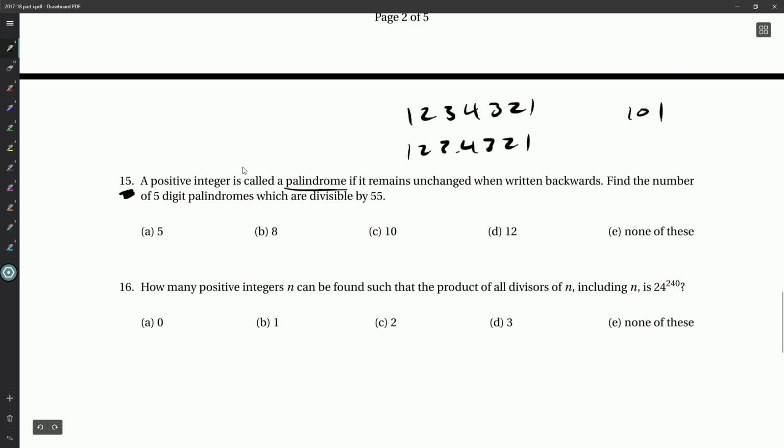101 is a palindrome, 99 is a palindrome, 444444 is a palindrome. Find the number of 5-digit palindromes which are divisible by 55. Okay, 5-digit palindromes divisible by 55. So this is a question involving divisibility rules, and so it's a good idea to know divisibility rules. Okay, so quick note, a number,